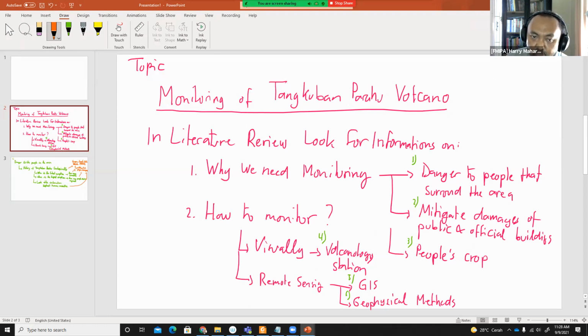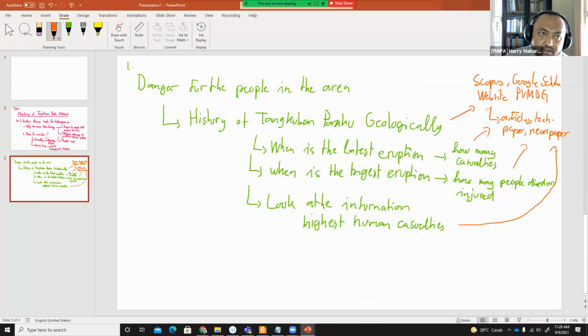That is the example of why we need monitoring, especially to mitigate danger, to reduce the number of human casualties. Okay, so that is to answer the question why we need monitoring. Okay, so for another example, if we want to know how monitoring is conducted, for example,